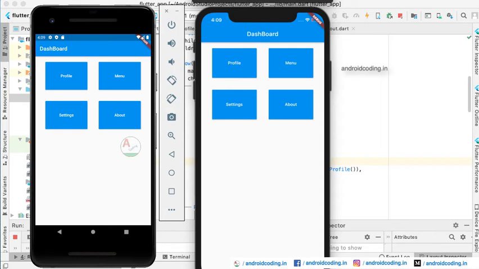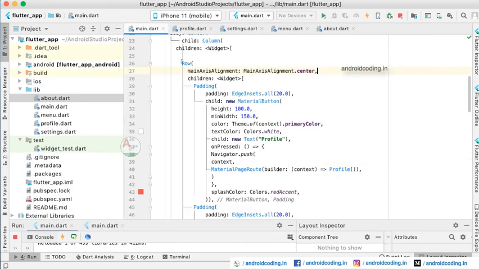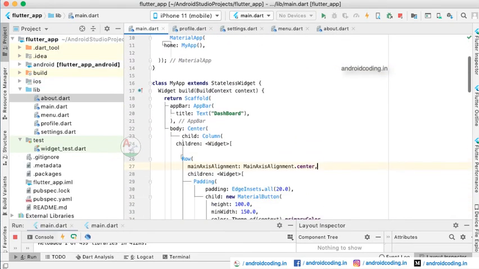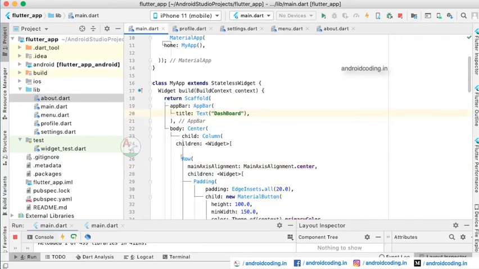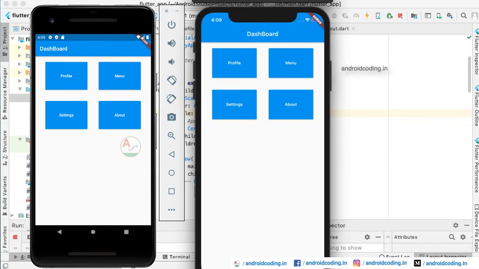You can see there are no big changes, except that the app bar text is loaded to the left side in Android and in the center in iOS. But as you can observe in the code, we have not provided anything in the app bar, just a title. According to the Android and iOS system configurations, it has adjusted itself to left and center.